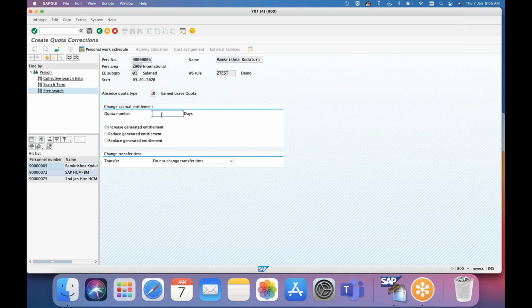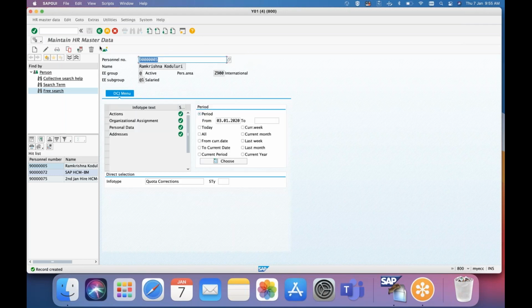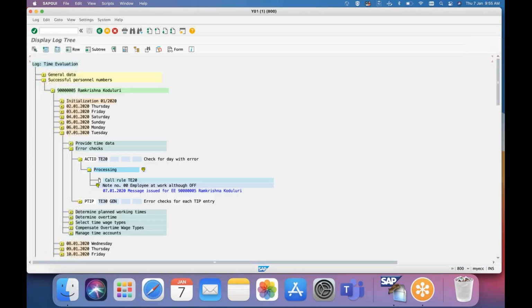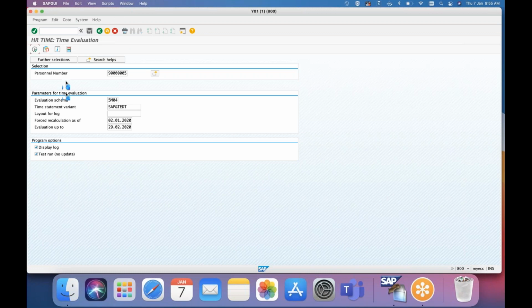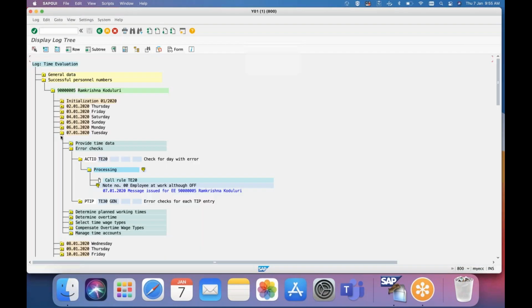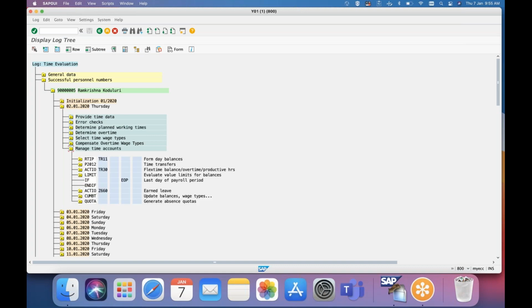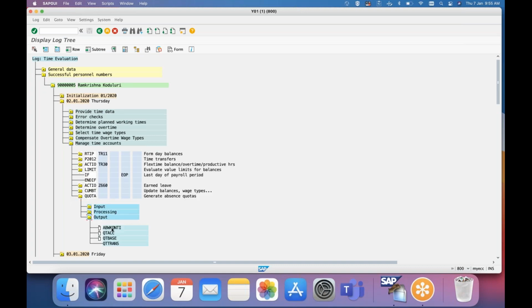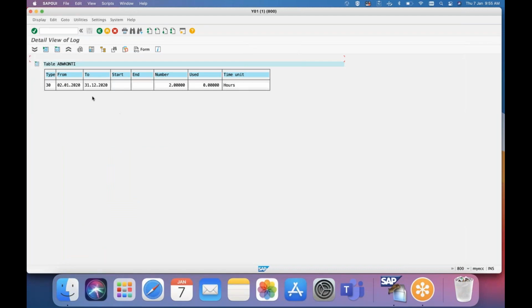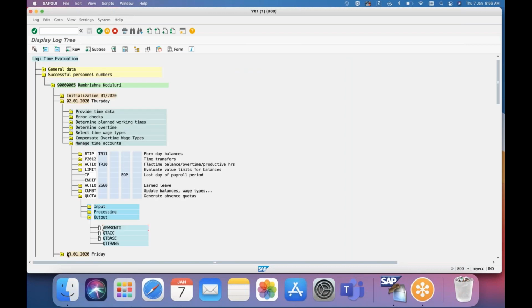Okay, say for example, I will update some 2 leaves which I want to generate. So there won't be any function called 2000 in the log, but when you see after the quota function, you can see the quota, that's it, straight away. Okay, so let us say on 2nd, the quota function will not generate anything. This is a different quota type, this is not ours, there is some other example. Our quota type is 10.